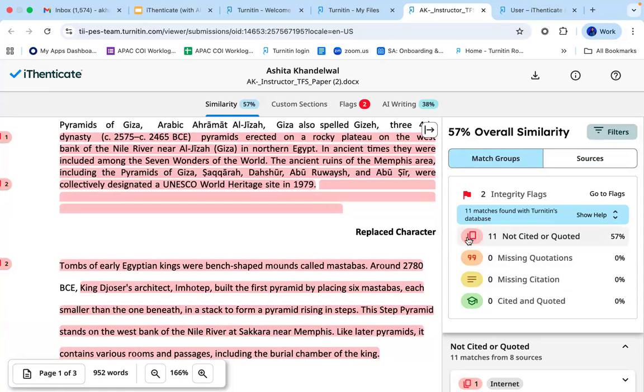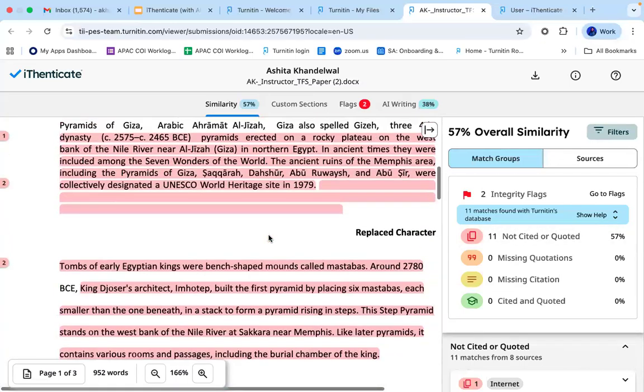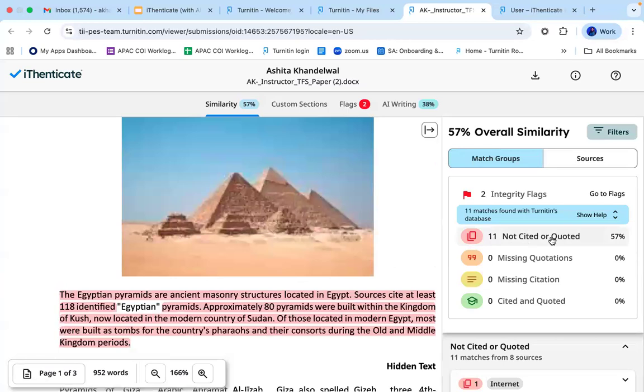Any text highlighted in red, like you see in my paper, where most of my text is in red, shows that these texts have been copied from other sources but have not been cited and quoted. So this constitutes the entire 57%, because the entire 57% of my similarity text is found to be plagiarized.